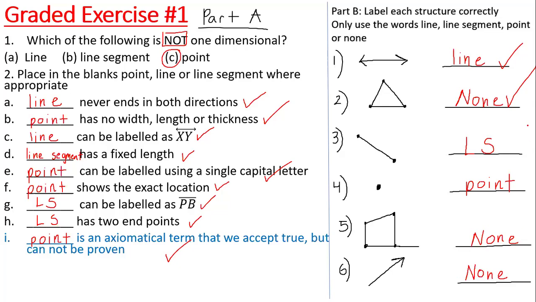Anyone got all right for part B? Yes, sir. Very good. So pretty easy, right? I think by now all y'all should be able to identify it and know how to label each part. Are we good with those three structures? Line, segment, point. Let me know if y'all are good with them. Yes, sir. Good. So let's move on and go to the other ones.